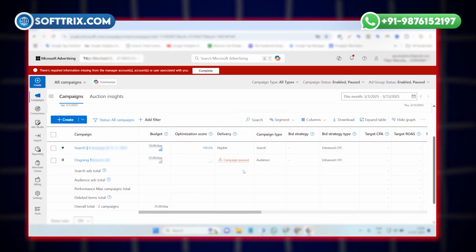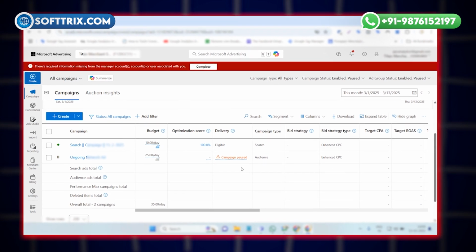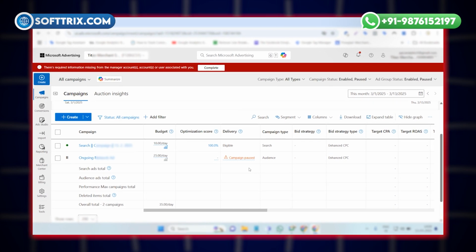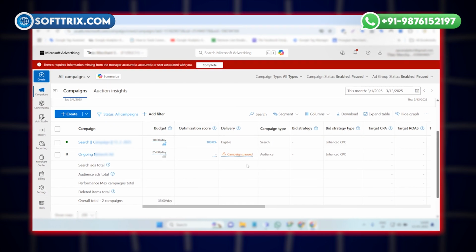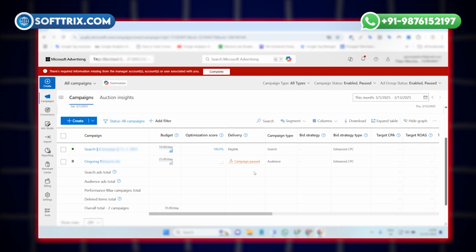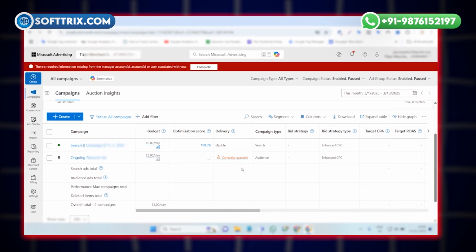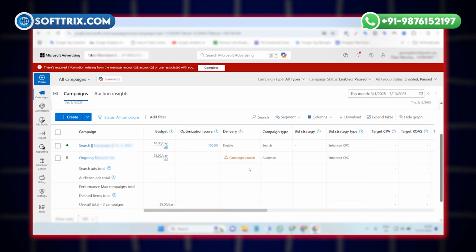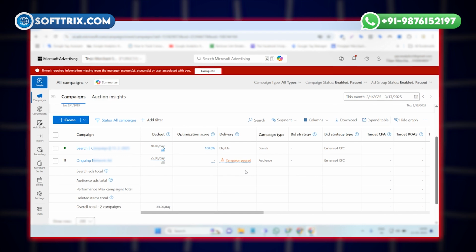But when we run a Bing campaign, a Bing advertisement, we have that option, we can search keywords through the Bing ads account as well, because Bing ads is a different search engine that is used by Microsoft. So they have their own keyword planner which gives us the exact search volume, exact data,